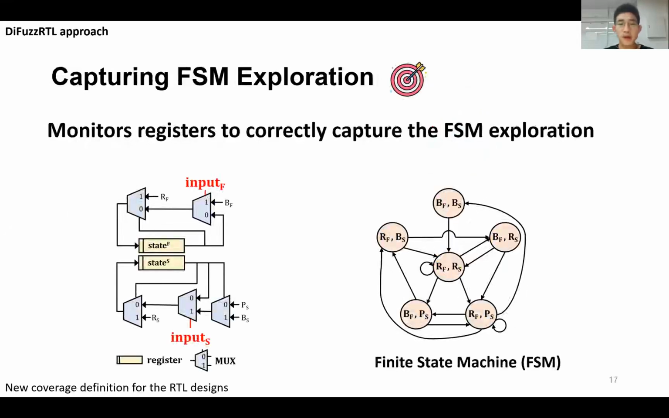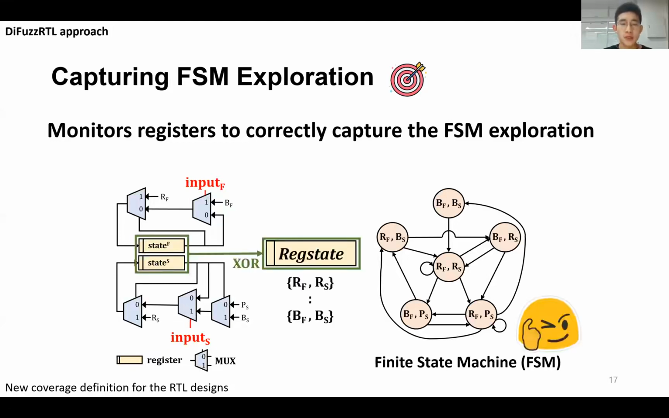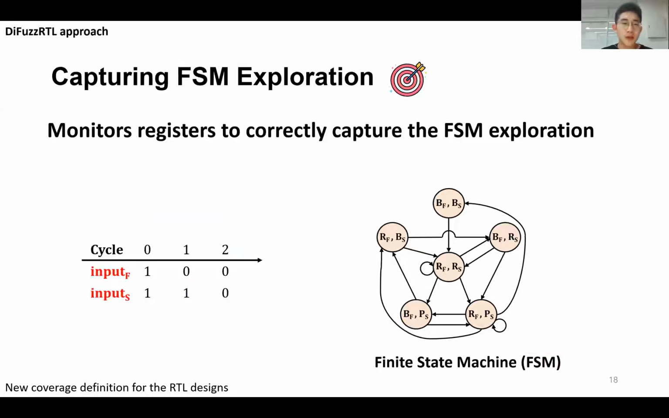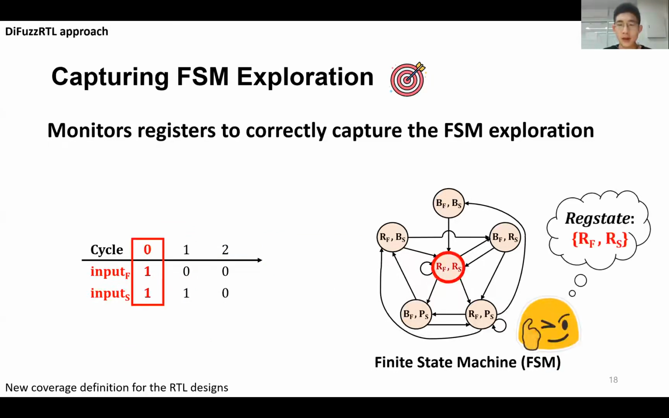Since the goal of RTL verification is to explore as many states in the FSM as possible, it is quite important to precisely capture the finite state, and we monitor the registers which construct the finite state machine. Given a circuit like this, we add one more register called leg state to monitor all the registers. Thus, the leg state represents the finite state every cycle. For example, if the 3-cycle input is given like this, for the first cycle, leg state represents RFRS, and second,